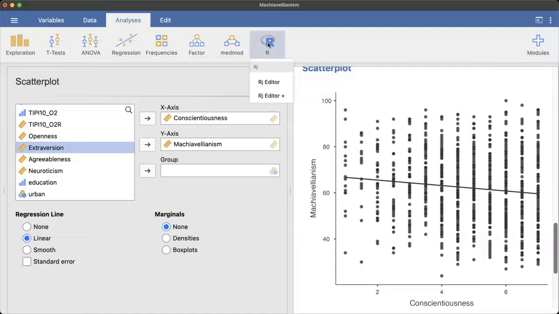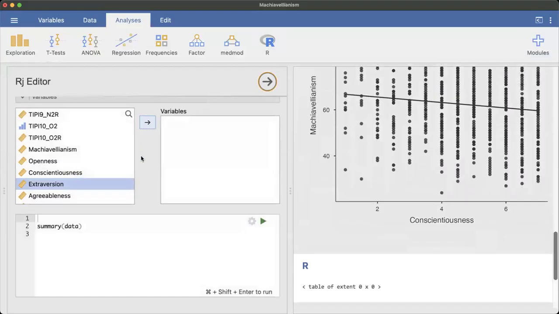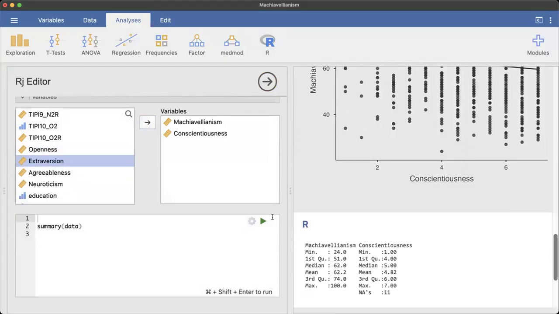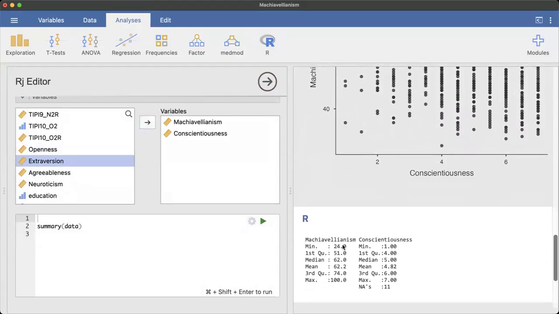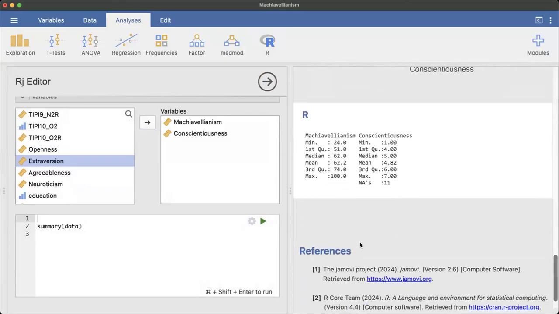And you'll open it here by clicking on the R and going to RjEditor Plus. You want to move the variables over that you're going to use. It doesn't matter what the order is, so I'm just going to move Machiavellianism, conscientiousness over. You can see that now it's showing a summary for that data. So you could leave that there, that's fine. I wrote this code out earlier so that this video is not forever long, and I'm going to paste it